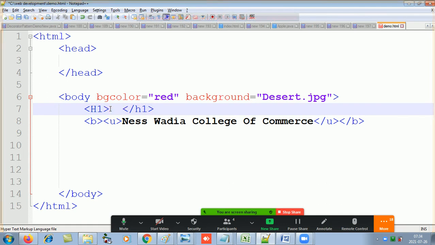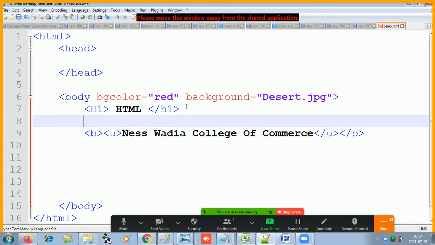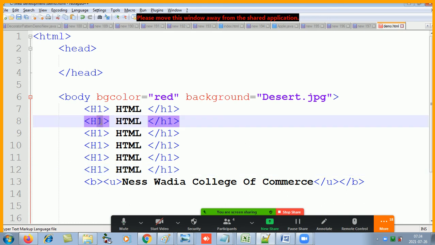So here, what have I written over here? h1 means the largest heading. Like this we have 6 headings, h1 to h6.